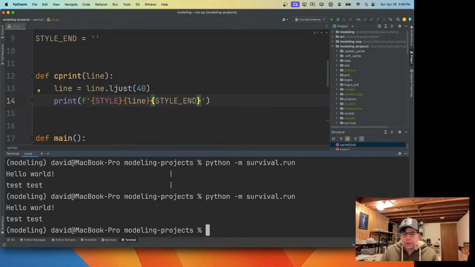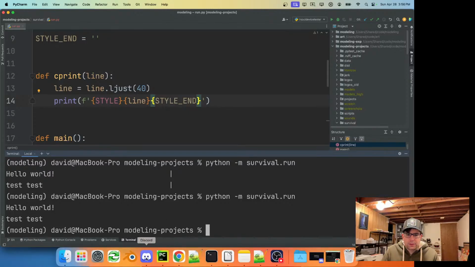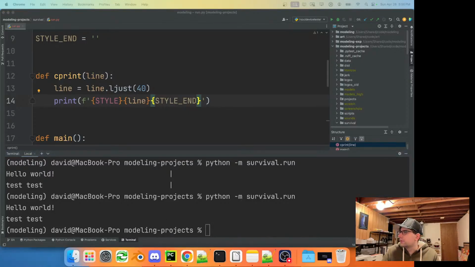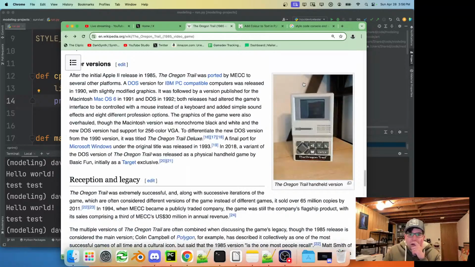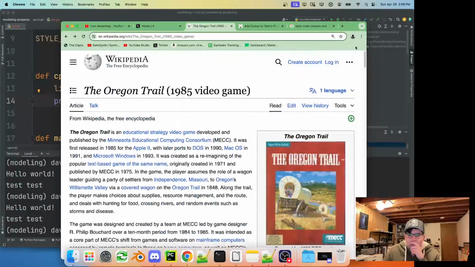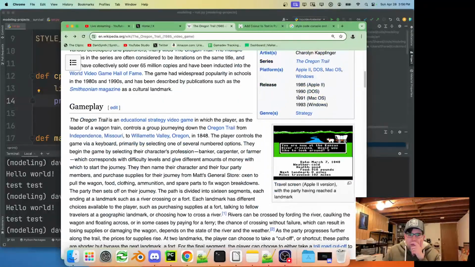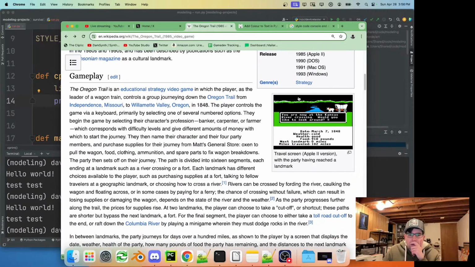Okay, so let's think about what we want to have in this game. Some elements of Oregon Trail that we want to include. Okay, so with this kind of game, there's not really any exploration.